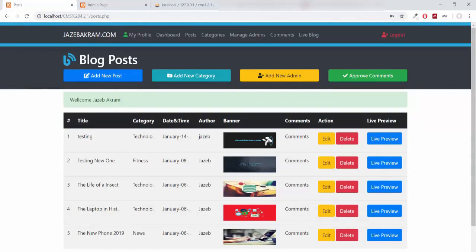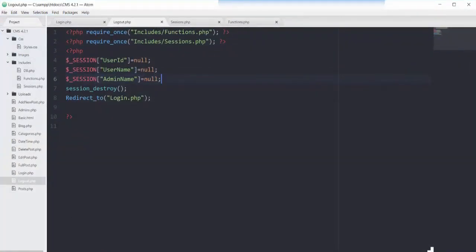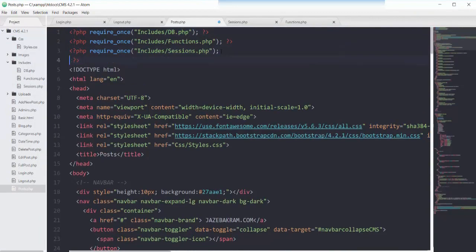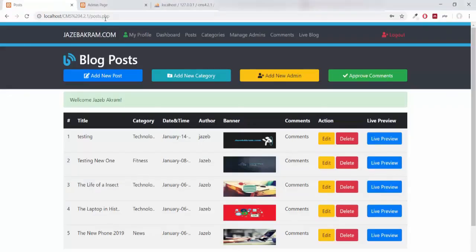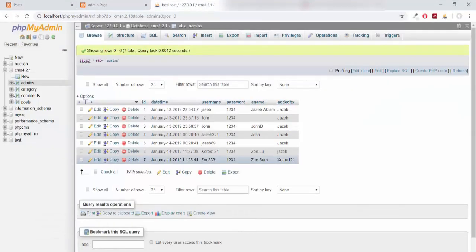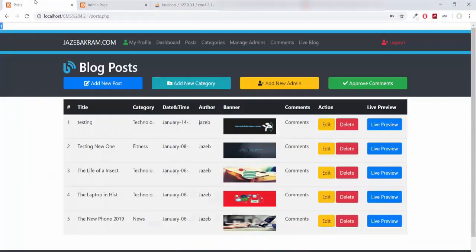Now if I echo the name of the admin who just logged in on this page, posts.php, right here on line 4, if I echo the session message of user ID and save this one, see, we got the session ID of 1, and here you can see Jazib has the ID of 1.